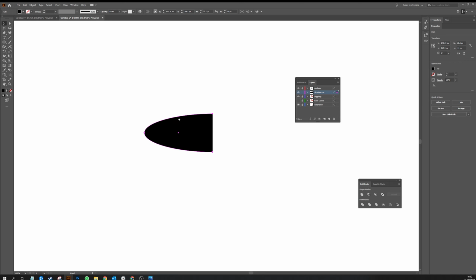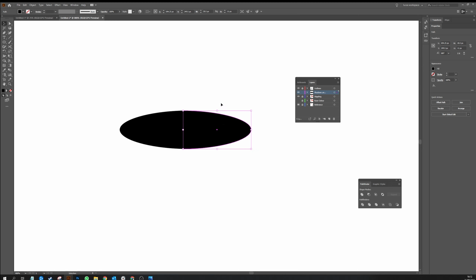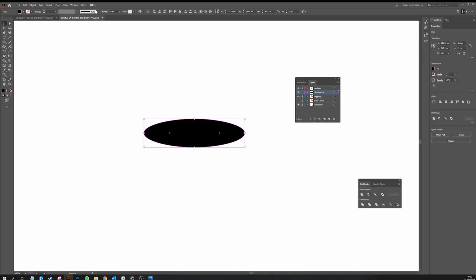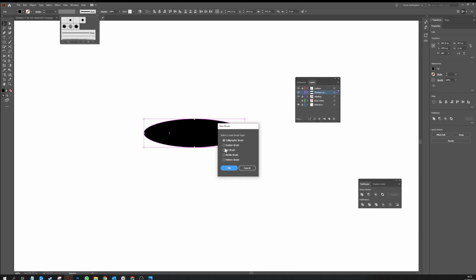Now select it, press Alt and rotate, and bring them together. Select both with the direct selection tool and just press Ctrl or Command J to join it together,